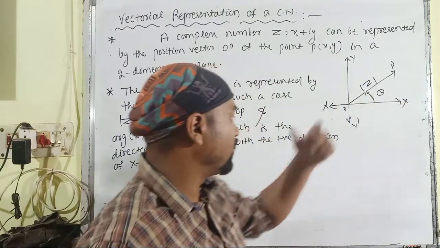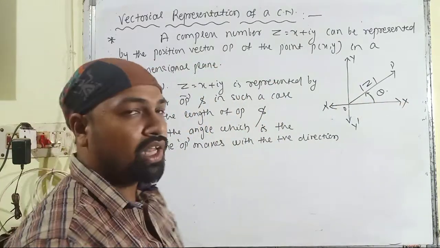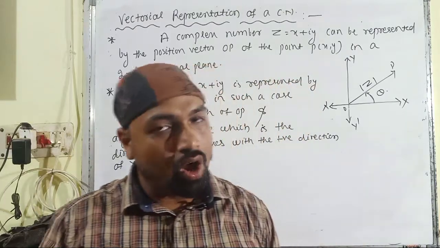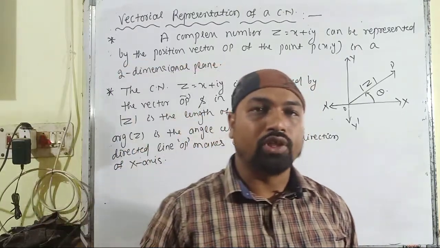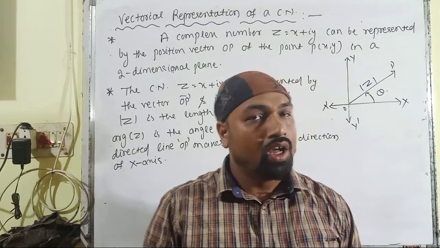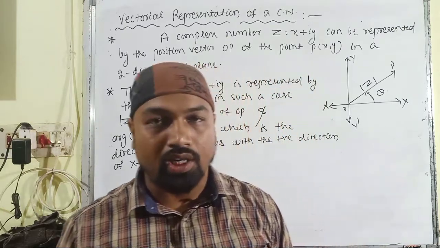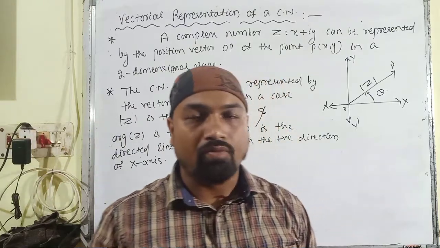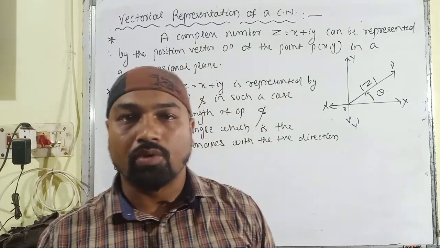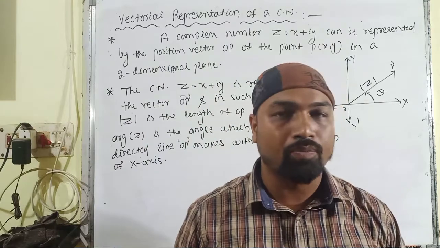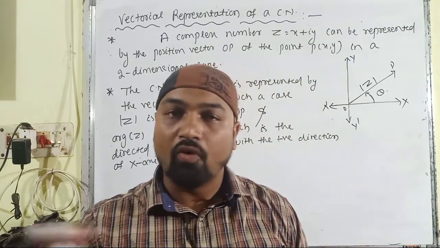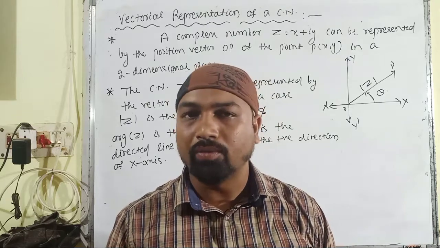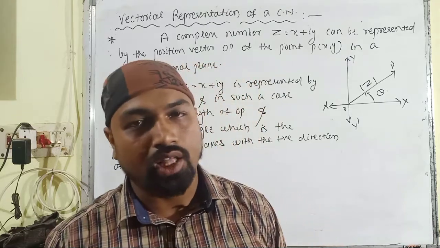So by this fundamental we have completed the polar form and the vectorial representation of a complex number, and also we have seen the different types of polar forms of complex numbers in different quadrants. Then we have multiplied the imaginary unit iota to the polar form of a complex number, and then we have solved some of the basic problems based upon the polar form of a complex number that are present in 4 different quadrants. In the next video session we are going to solve some more problems based upon the polar forms. Till then, thank you.